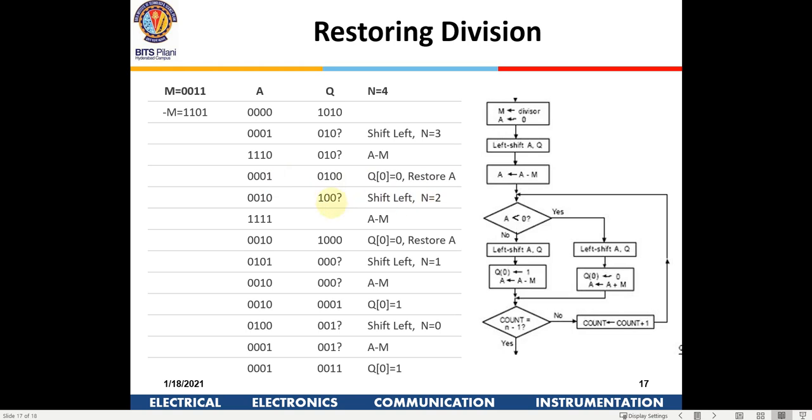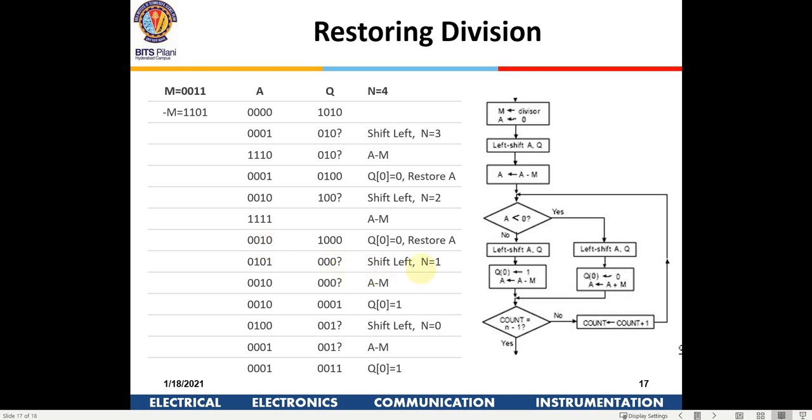Again, we are doing a second shift left operation, so we have put a question mark out here. Then we are again subtracting this number, that is adding. It's a negative number again out here, so instead of the question mark we are going to write a 0, and then we are restoring it back to the value just prior to the subtraction. So this has come to 0 0 0 0 here.